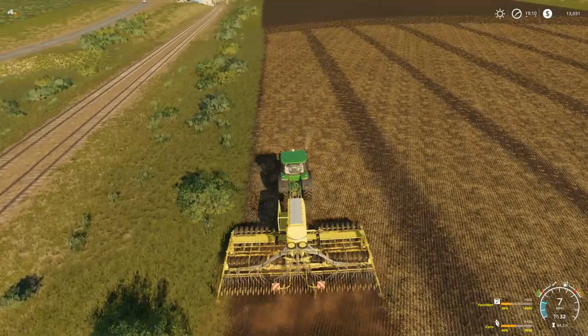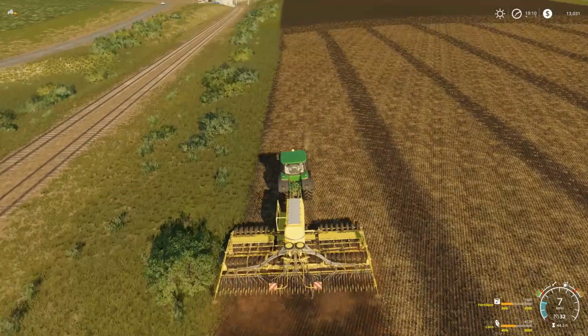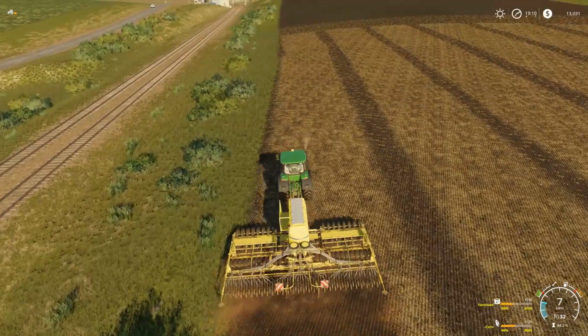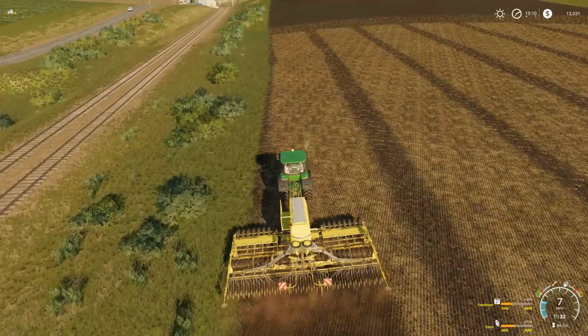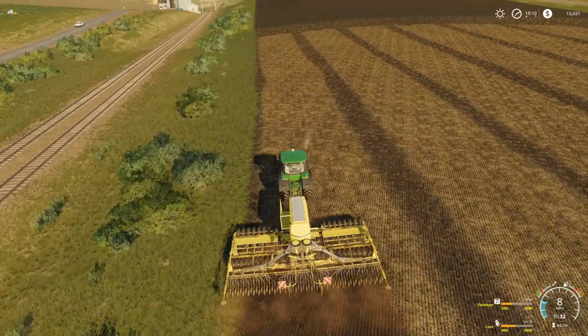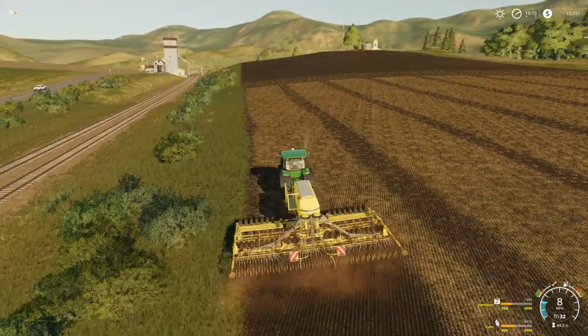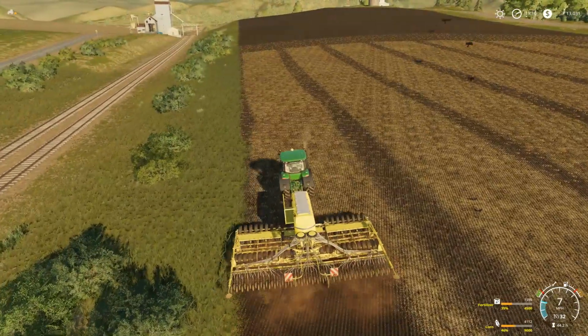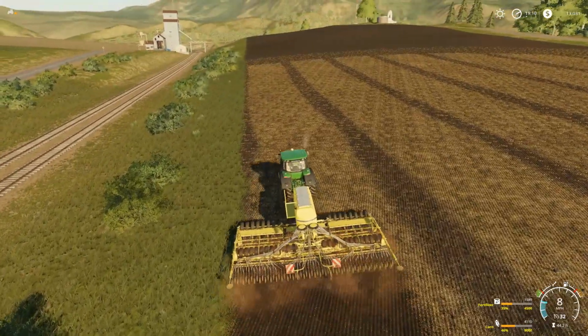Usually up to here, if everything's fixed correctly on the John Deere, I think we do about 10 or 11 out of the 16 that we can do. So yeah, it's a little bit slower. So I'm going to work my way up to the other end to give this guy a good headland to work on, or else he'll end up down in the railroad tracks. Then I'll get him working on a worker,